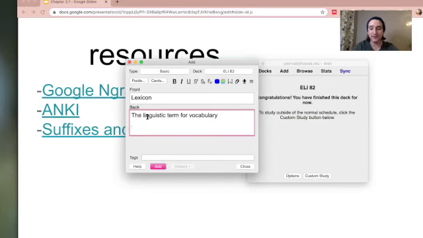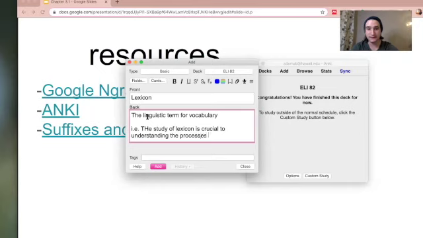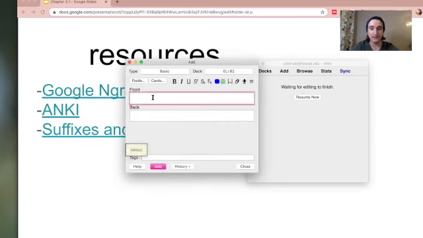And you can look these up on a dictionary, either one that you have at home or one that you're using from online. But something like, a study of lexicon is crucial to understanding the processes involved in language learning. And we'll have something like